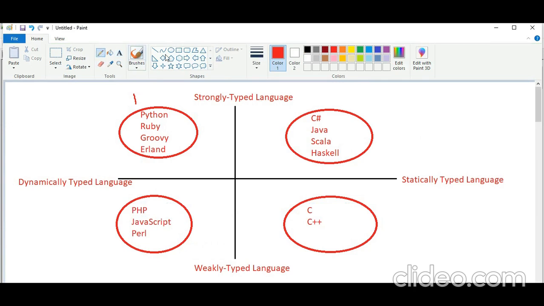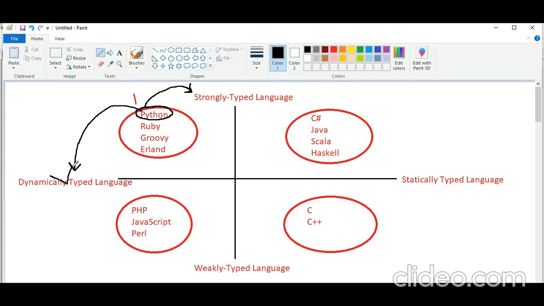Now, if you observe, where is our Python? Python is a dynamically typed language, and also a strongly typed language. Dynamically typed means without declaring a variable with a proper data type, you can directly assign the value.